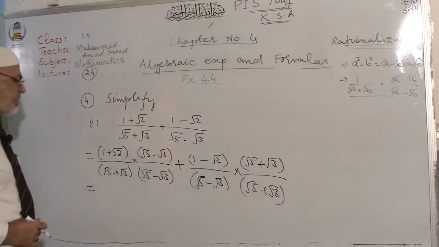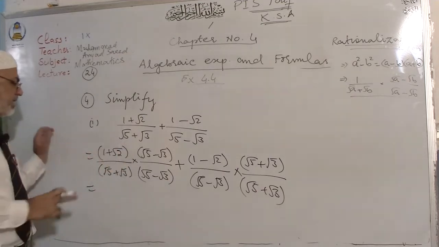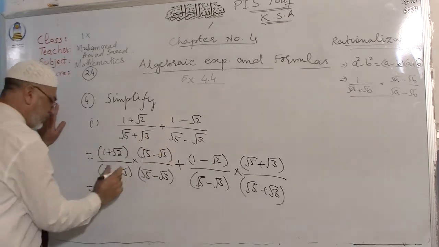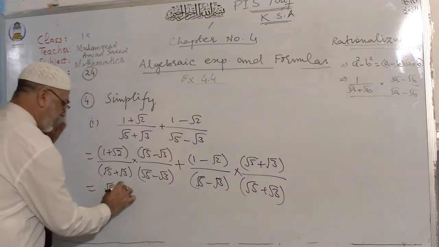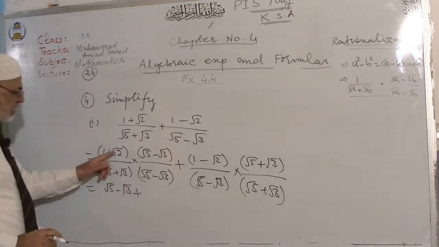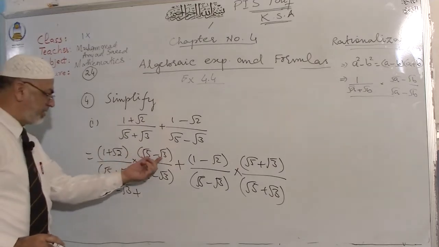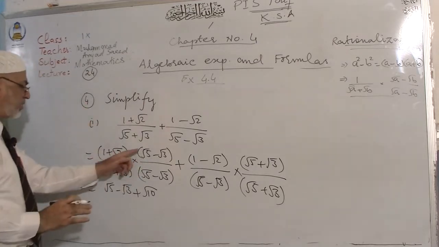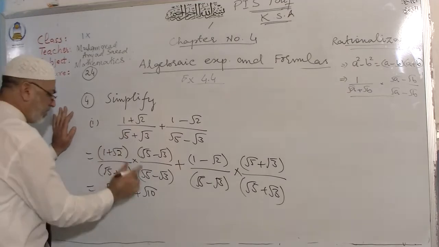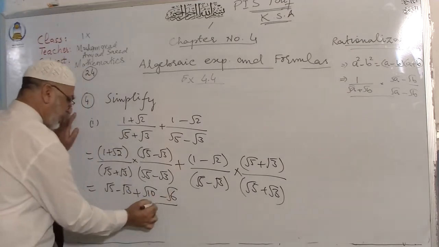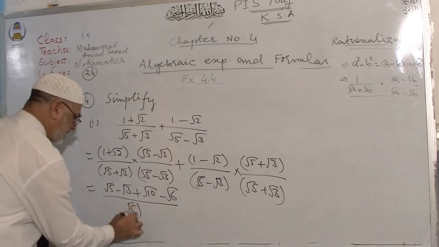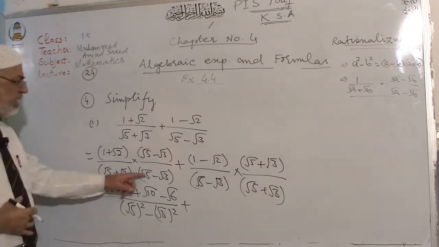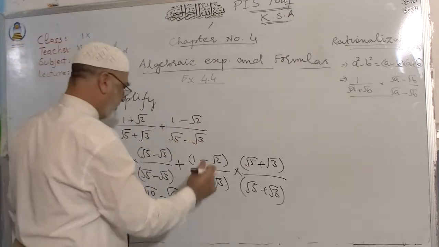Dear students, you can check. In the numerator, you can multiply the terms. 1 is multiplied by both 5 under root minus 3 under root, and plus 2 under root multiplied with both. Here 2 and 5 are both in square root, so multiply them directly. 5 to the 10 under root minus 6 under root, divided by first square minus second square. Remember that a plus b, a minus b, same formula. That was number 1.